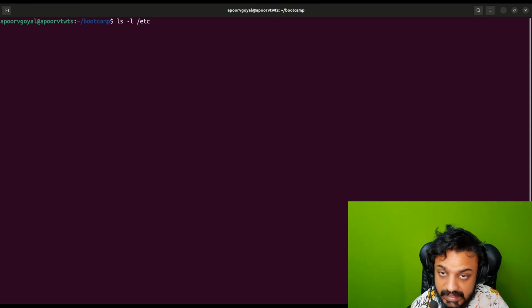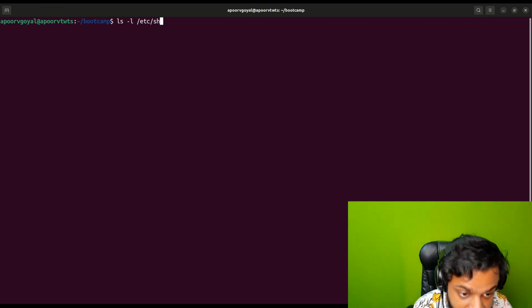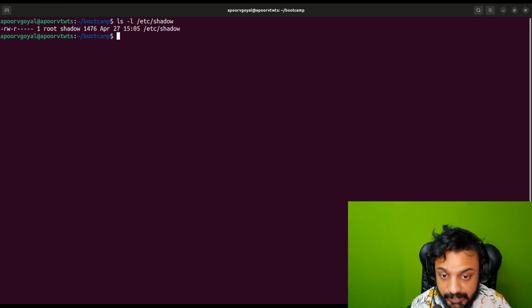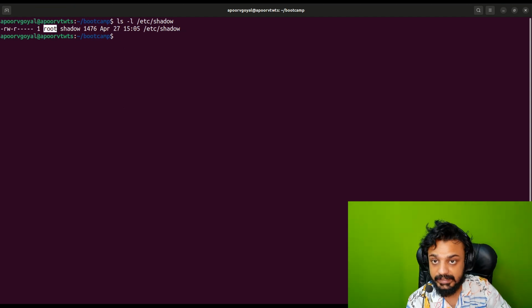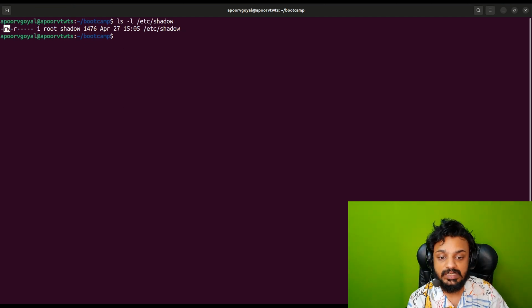I do an ls -l and then /etc/shadow, right? I press enter. I can see that this file belongs to the root user, and that it has the read and write ability for the root itself. Now the shadow user can read it,